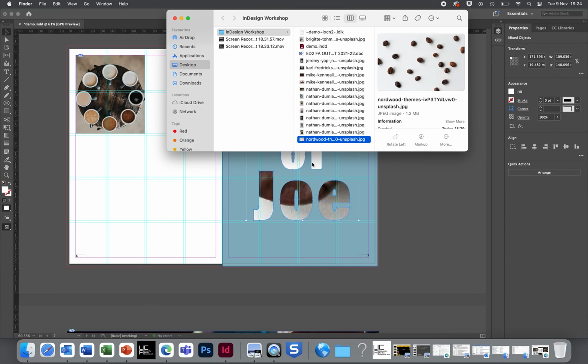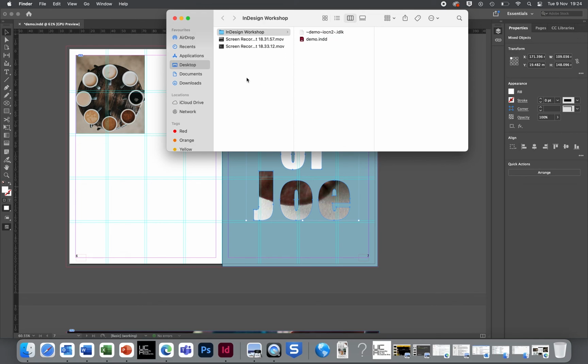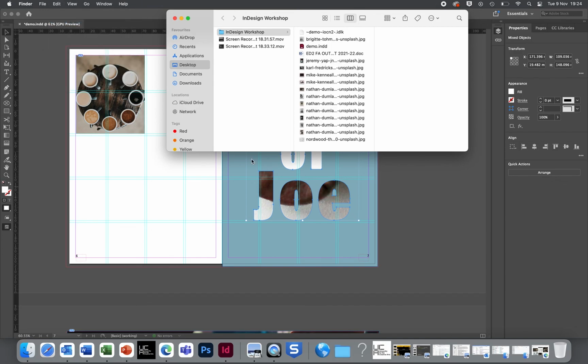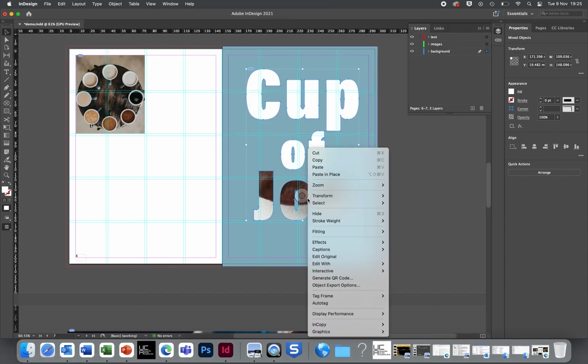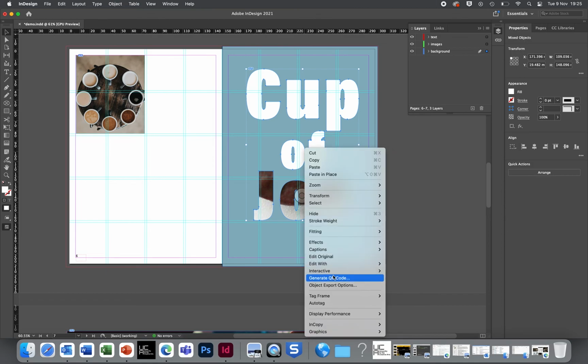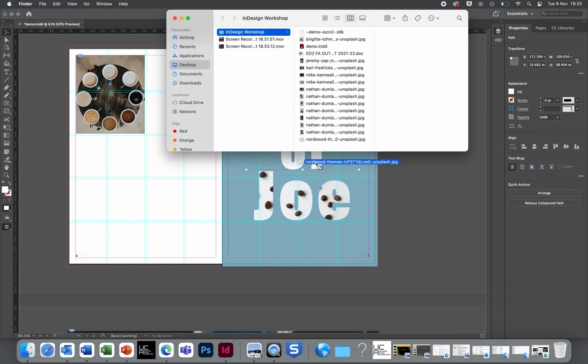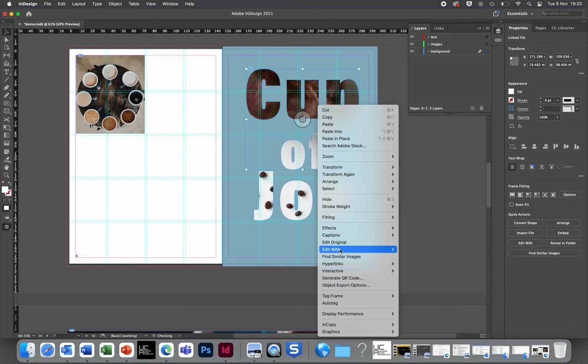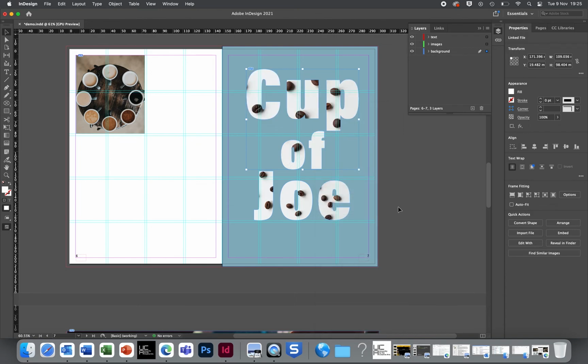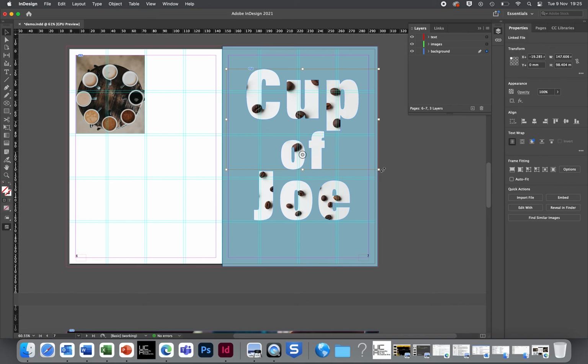The other way of doing this, if it doesn't work when you want it to go across three, Command Z, is you could also do each one separately. So what I'm gonna do is go Fitting, Fill Frame Proportionally. Now see that one's filled like that, and then these two are connected because it's being special, and then I can fill it as a separate frame there. Right click on it, Fitting, Fill Frame Proportionally,